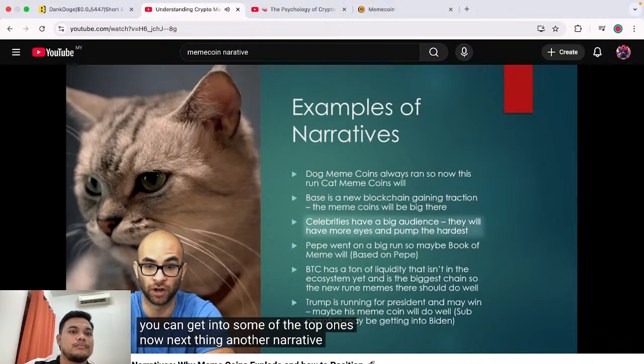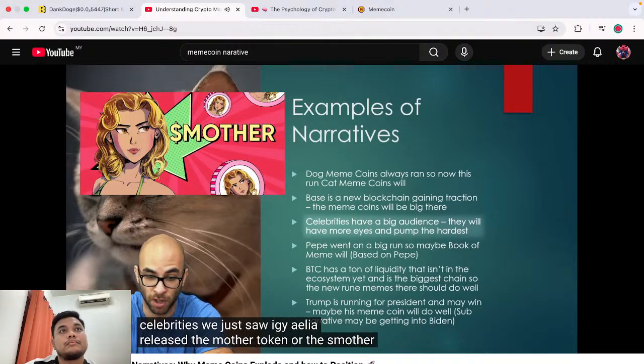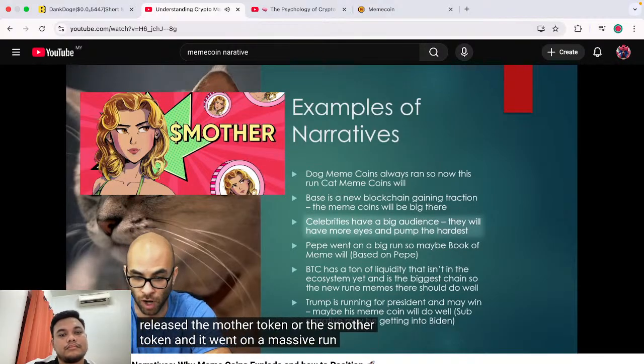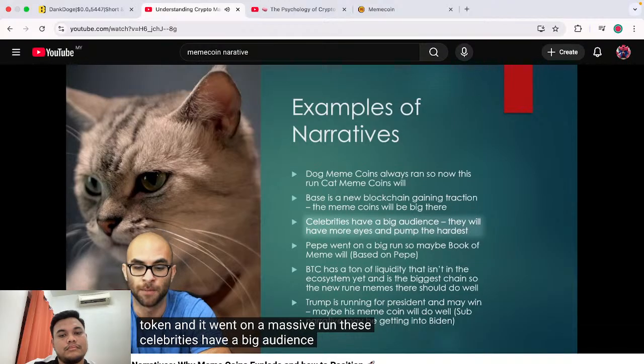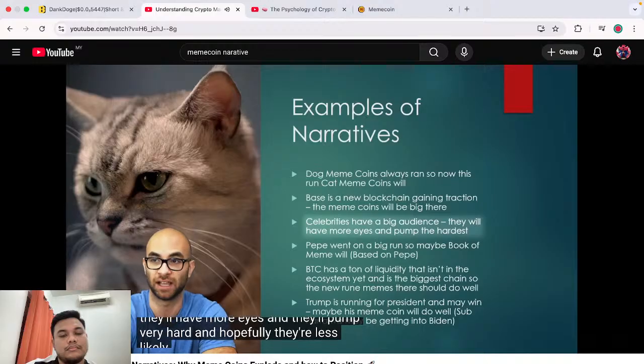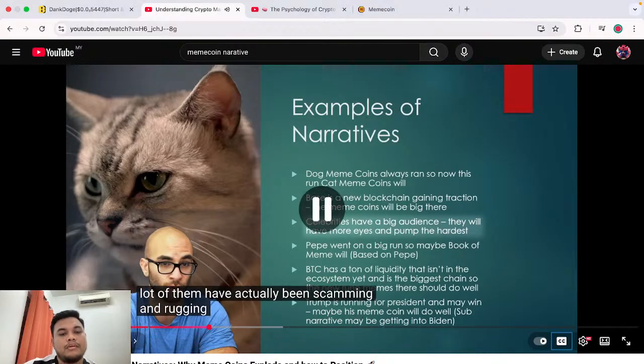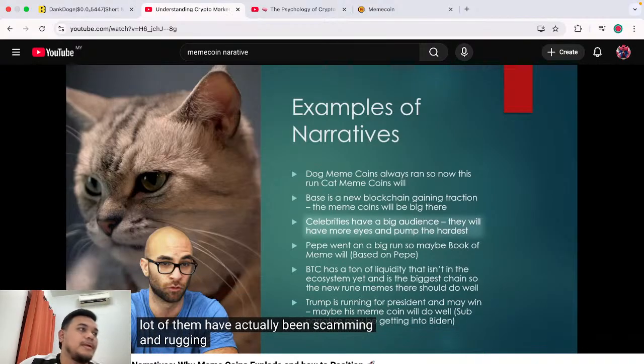Next narrative, celebrities. We just saw Iggy Azalea release the Mother token, and it went on a massive run. These celebrities have a big audience. Maybe they'll have more eyes and they'll pump very hard, and hopefully they're less likely to scam or rug. But in reality, a lot of them have actually been scamming. So you cannot simply trust any celebrity